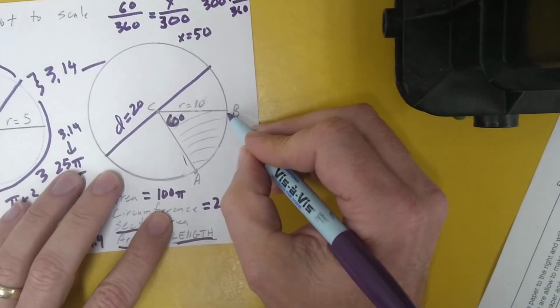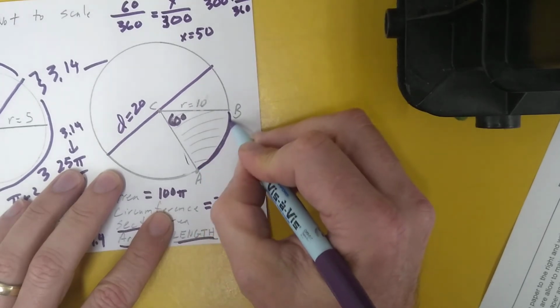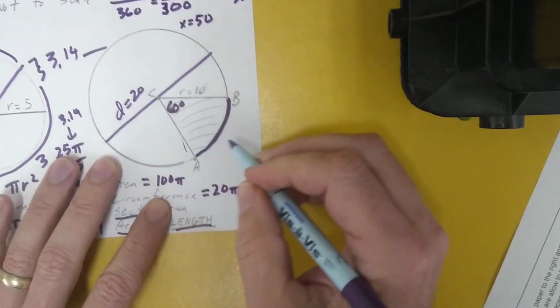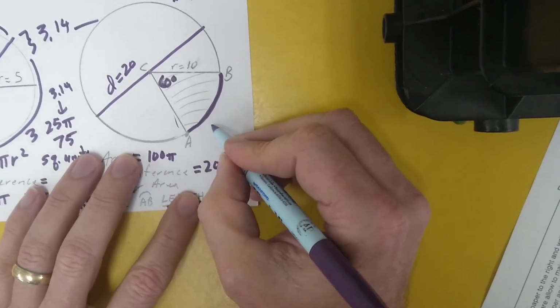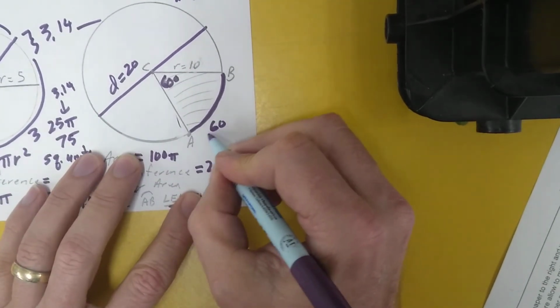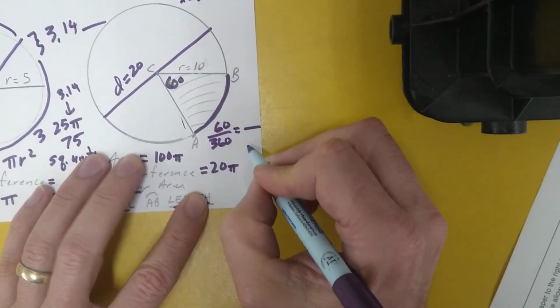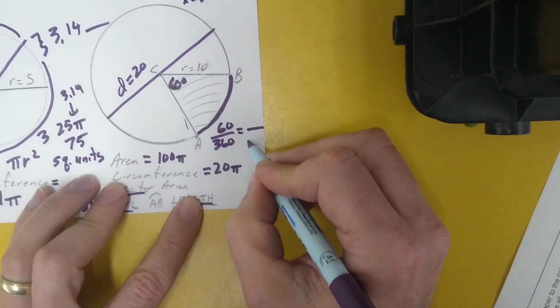Similarly, to find the arc length, now we know this is 60 degrees, but it actually has a length. I could put a string along there and measure it, and it's all related to how long the diameter is. So in that case, same math. I know 60 over 360 is my portion of the circle. My entire circumference is 20 pi, or roughly 60,